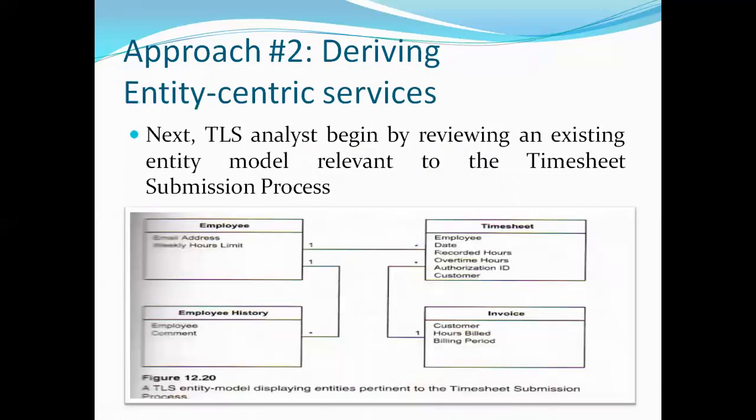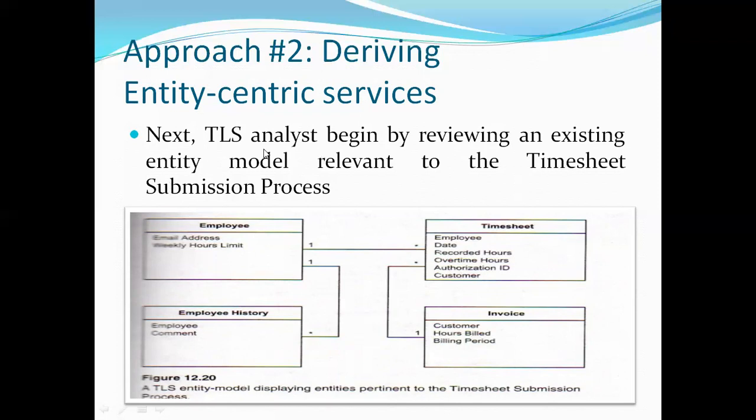The second approach, so let us discuss the second approach. This second approach is again derived from the entity-centric service. The first is task-centric, and the second approach is entity-centric service. To computerize this, we require the entities, relational databases. Here I have explained these relational databases with the help of the databases or classes and the attributes.